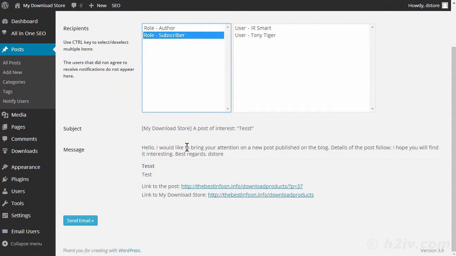Okay, and here is the post that's going to go out, and this is the text that was in our defaults here. Okay, so you can change that in there if we wanted something different for the post. This is our post headline. This is what was in the post, and then it sends a link to the post and link to the blog main page. Okay, so if we send email,